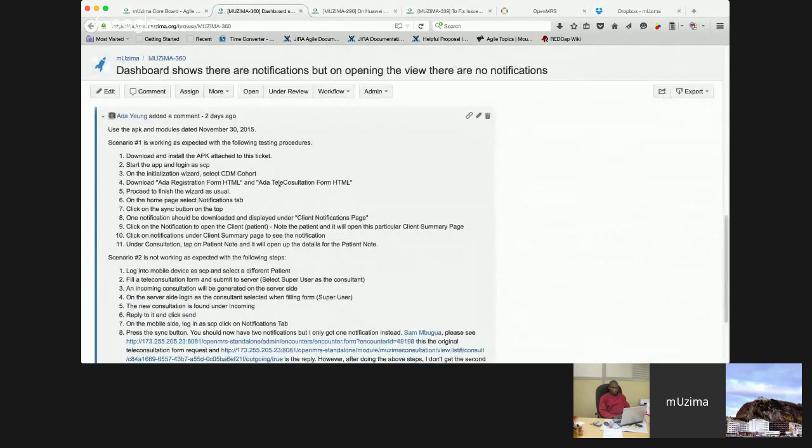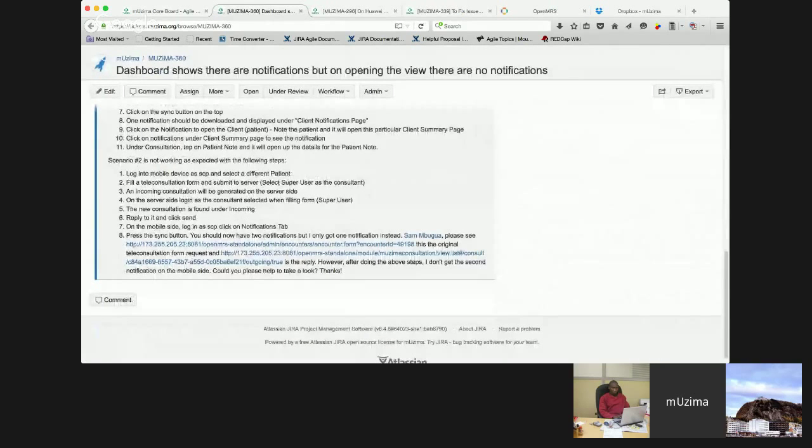So everything looks fine, except that after the reply, I go back to the mobile device on the Android side and try to do synchronization of the notifications, and it did not get the additional notifications. So I pinged Sam yesterday, and he said he's going to look at that issue today. So that is the blocker for those 3 teleconsultation tickets.